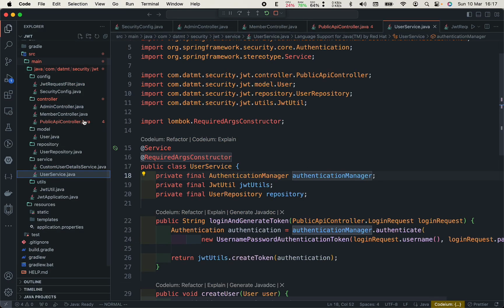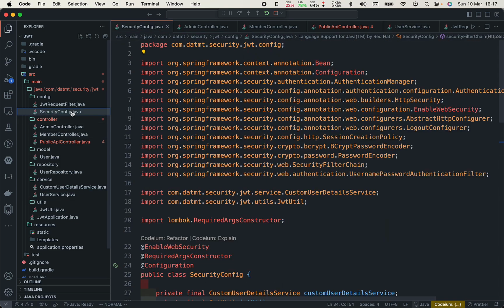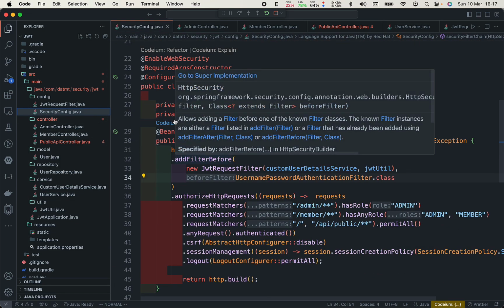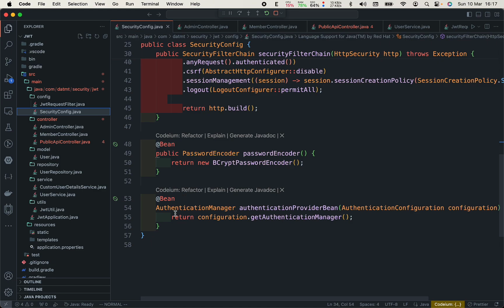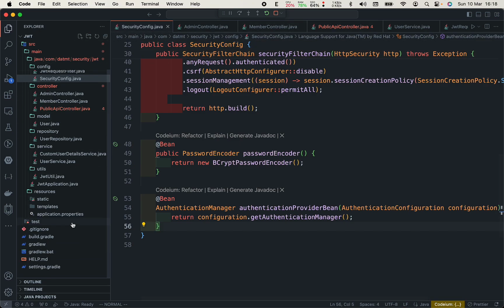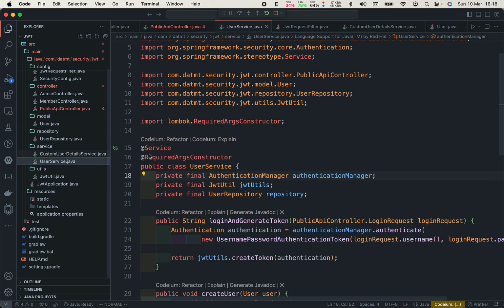Where do I get that? I already put it in security config here, right? In the kind of the beginning of the video, I create a bean here to get the authentication manager. So let's go back to the service user. Let's see, user service here,